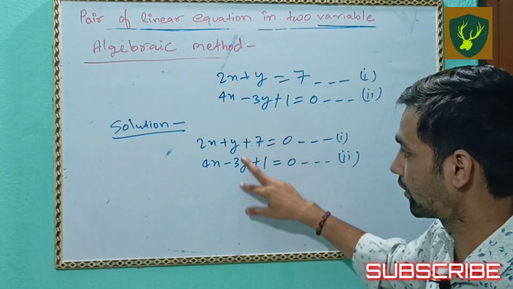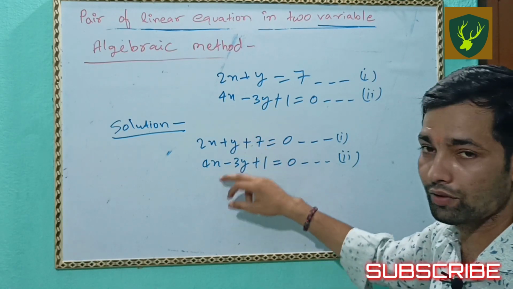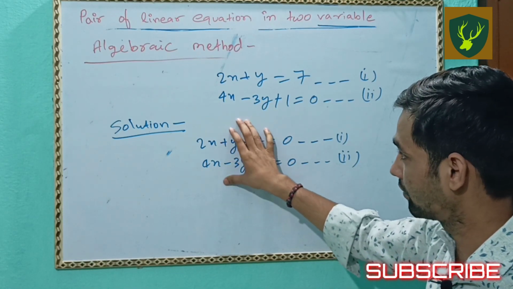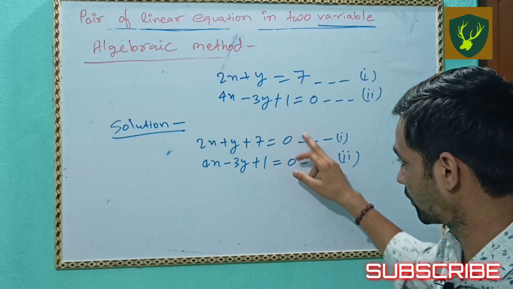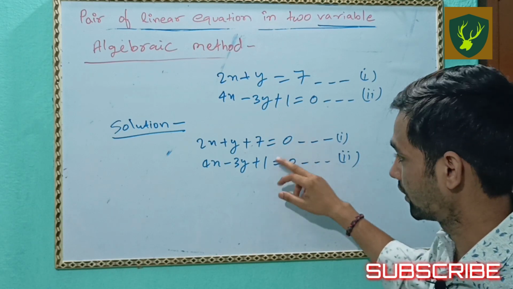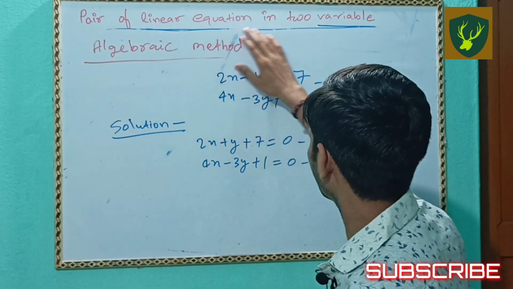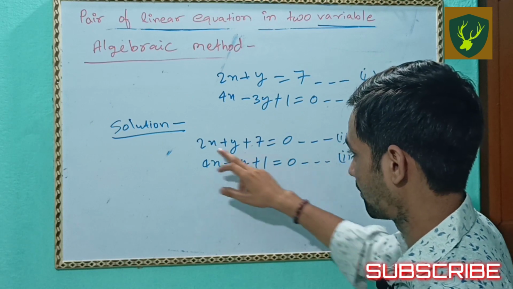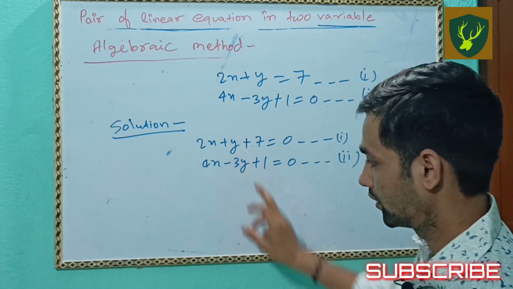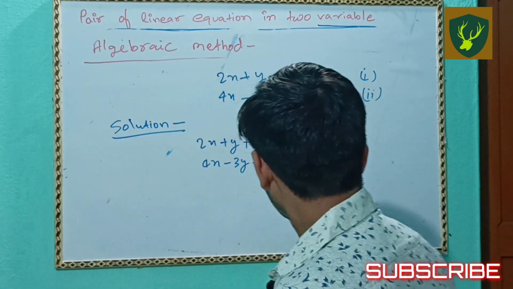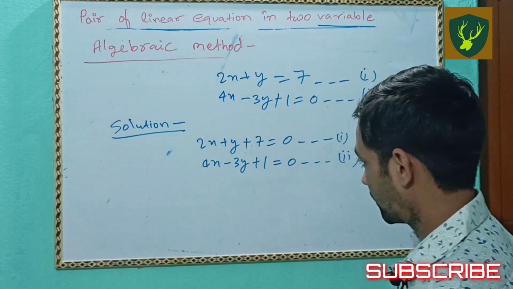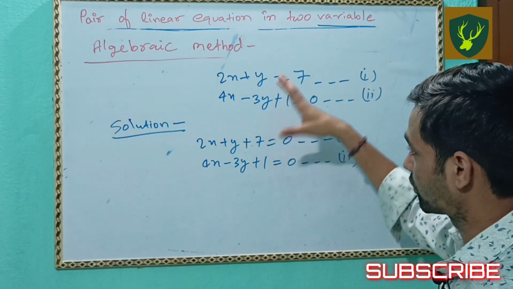ये दोनों क्या है, जनरल फॉर्म में. दोनों इक्वेशन किस फॉर्म में, जनरल फॉर्म में. इसी वजह से इनको, और दोनों इक्वेशन, दो इक्वेशन यहाँ पे इसीलिए इनको क्या कहते हैं, पेयर ऑफ लिनियर इक्वेशन इन टू वेरिएबल कहा जाता है. यहाँ पे दो वेरिएबल है, x और y. नाउ इसको नोट कर लें, फिर उसके बाद मैं आगे बढ़ूँ.